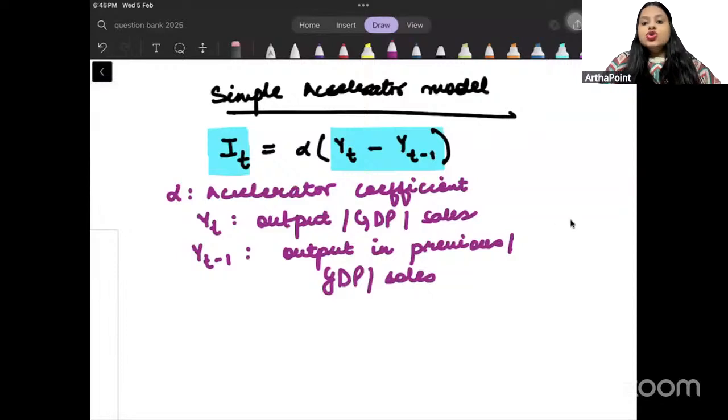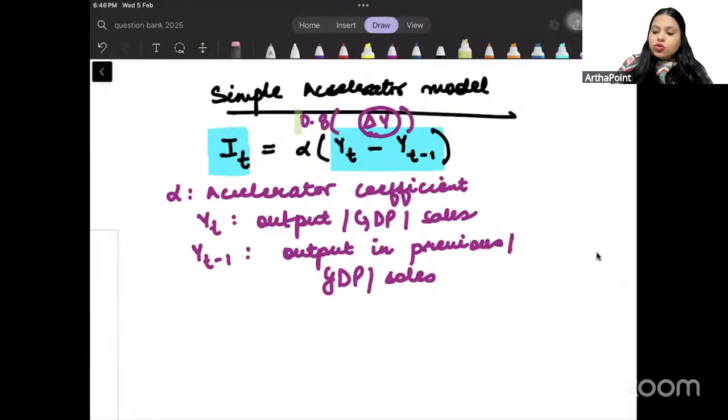ठीक है, so basically इस मॉडल में हम क्या बोल रहे हैं, what are the key takeaways? The key takeaway is that when there is a change in output, तो उसी का कुछ proportion, alpha can be any number, suppose alpha is 0.8. So whenever there is a change in output, then investment will change by some proportion of the change in output. So for example,